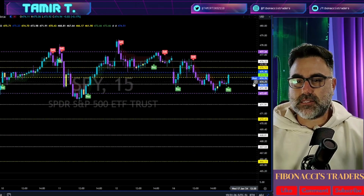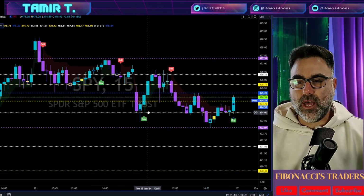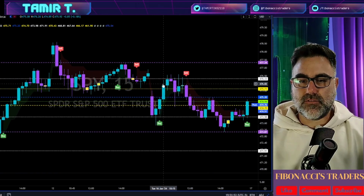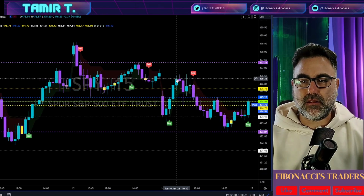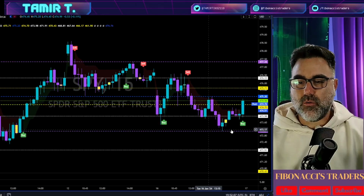Look at the 15 minutes on the SPY. Let's make it bigger. Open the day with a gap down, went all the way, held the 474, bounced back. We got ourselves a buy signal. We will talk about these buy-sell signals in just a few seconds. Went all the way up, closed the gap, and we know that once a gap is getting filled, we will see the reversal. And here we had a sell signal, went down, once again touched a Fibonacci level, went up,